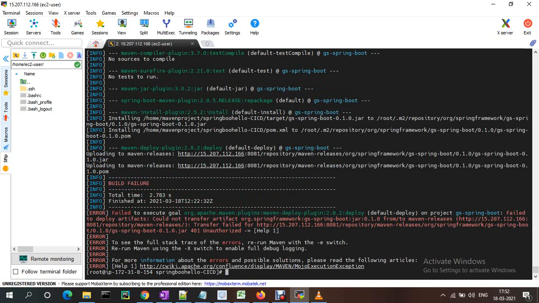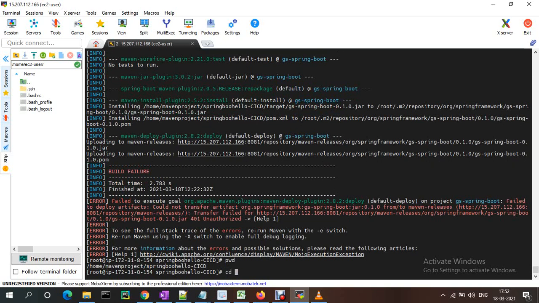Okay, so we need to provide the Maven configuration file for this Nexus username and password. Whatever username and password we generated, we just need to update it under the server. For that, let me go to the opt maven folder, cd opt maven 3 and the configuration file.